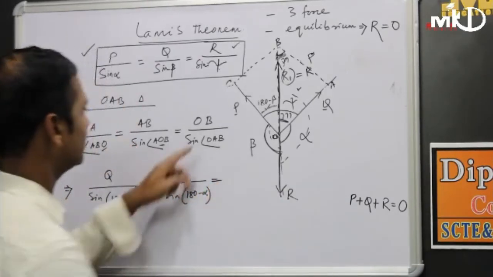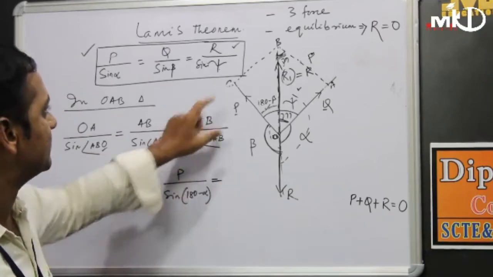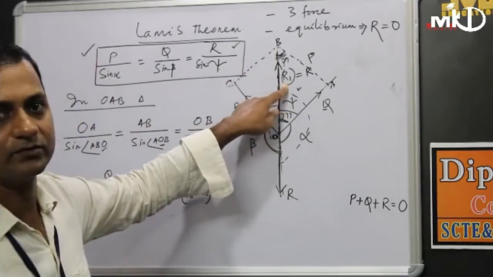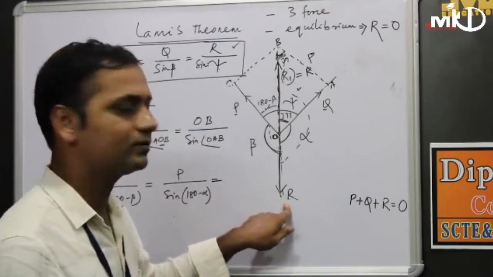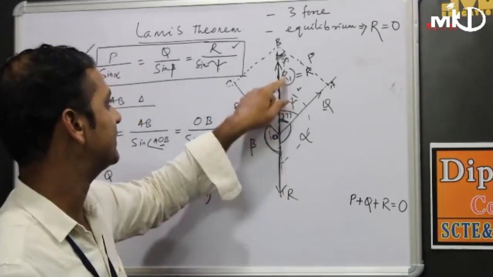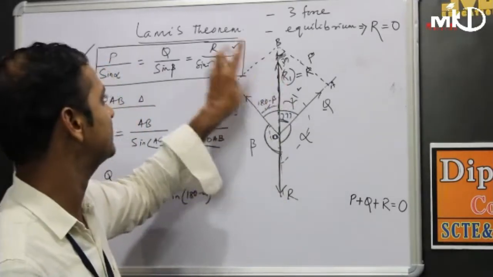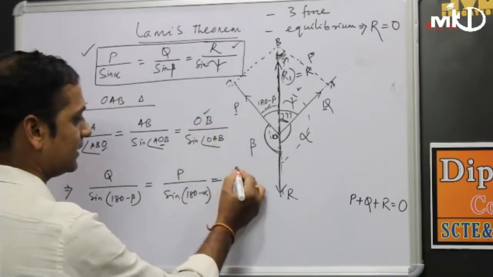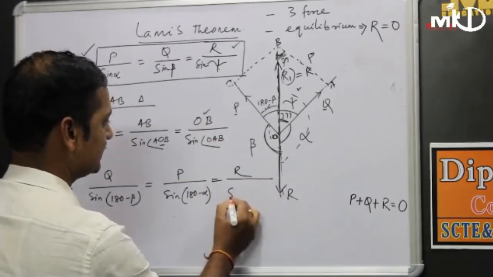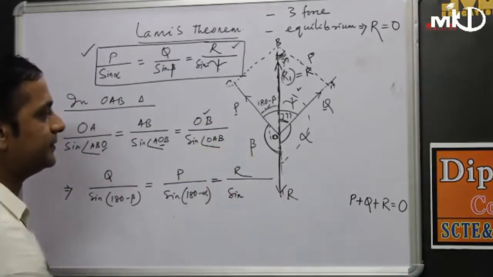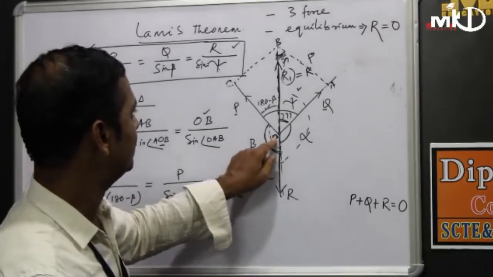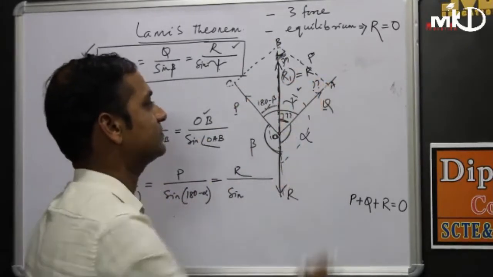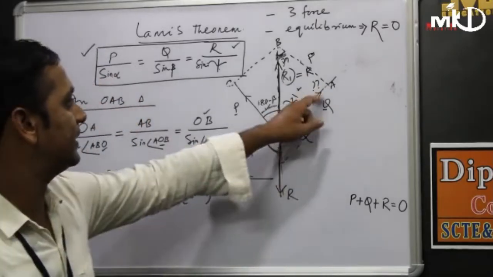उसके बाद OB है. So OB means what? Now this one, OB means R1, and R1 is nothing but equivalent to the third force R, because उसका magnitude same होगा, तब जाके it is in equilibrium. So in place of OB we can write R divided by sine of OAB. OAB means this angle we need. What is the magnitude of this angle? तो O angle क्या होगा?